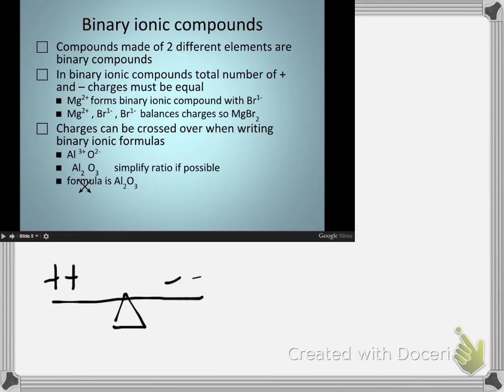Now, in a case of something like Na1 plus, Cl1 minus, okay, easy. They just balance. One sodium will cancel out one chlorine. Great. Well, when we get to things that aren't one-to-one, there is an easy way to write formulas for binary ionic compounds. I'm sure most of you did this in physical science, and for some of you it's probably just a little rusty. So, if I tell you that you have a compound made up of,